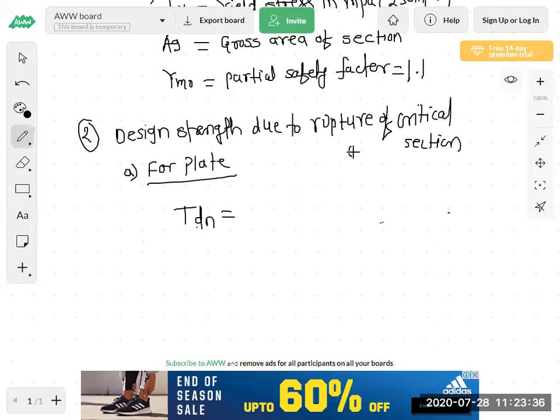critical section, or we can say net section. Here critical section or net section we are calling. So for the net section it means by reducing the area of the holes. Net section is indicated by reduction of the area of these holes. We have to reduce this area of the two bolts hole are there, so we have to reduce area. So here net section or critical section. So net section, design strength in tension, N is nothing but net section.